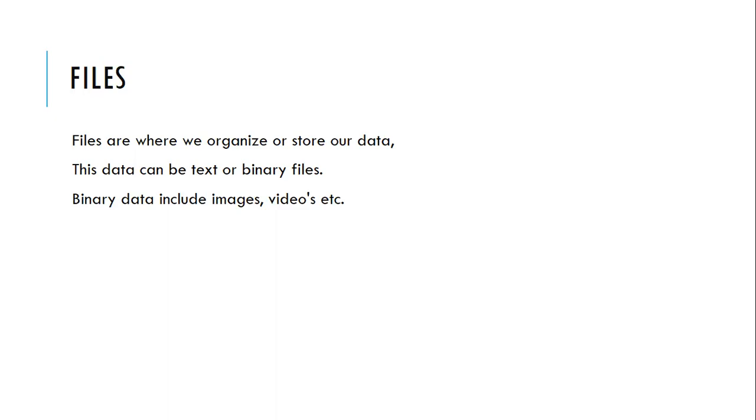So we always use text files on a regular basis, but we use binary files whenever we have some kind of images or video data, because these data would be converted into the binary format to do some processing or to access those files.